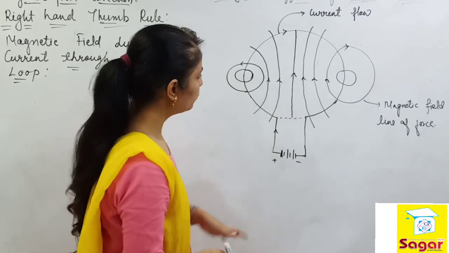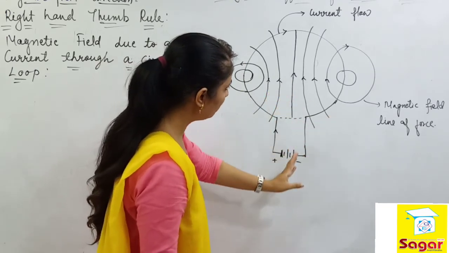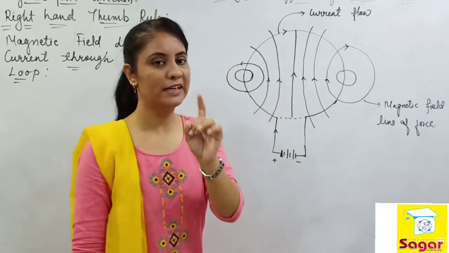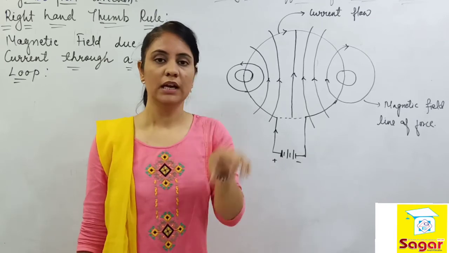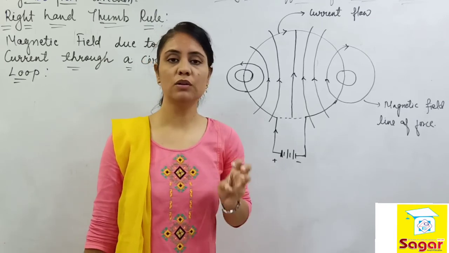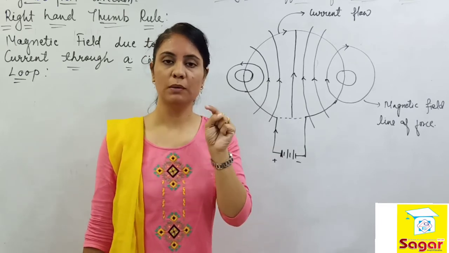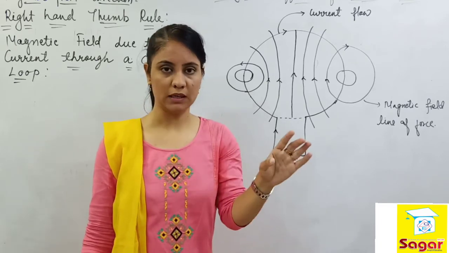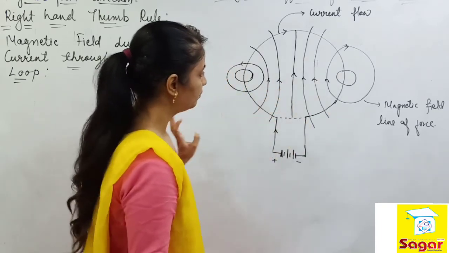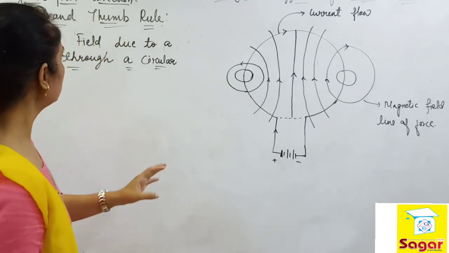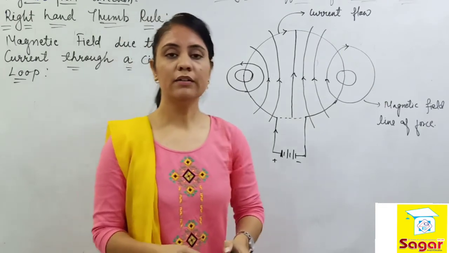Next, if you focus at the center of the loop, all the magnetic field lines of force will pass through the center on a straight path. They will not show any concentric circle, and they will also not show any kind of arc. Only the magnetic field line of force at the center moves in a straight path. That's the direction, and that's what we can conclude,